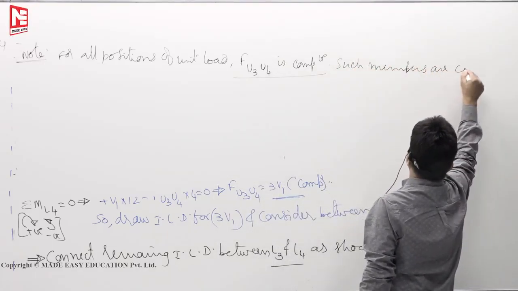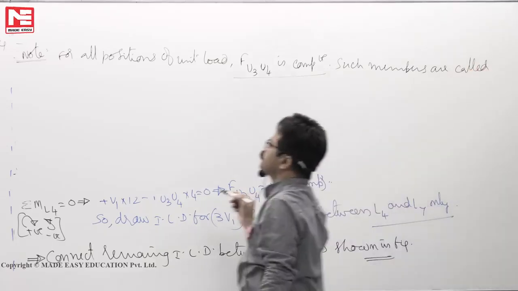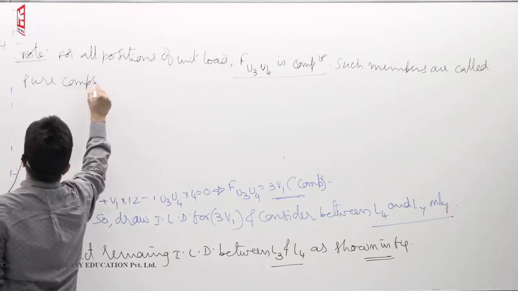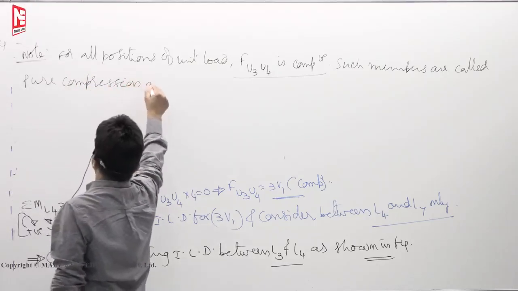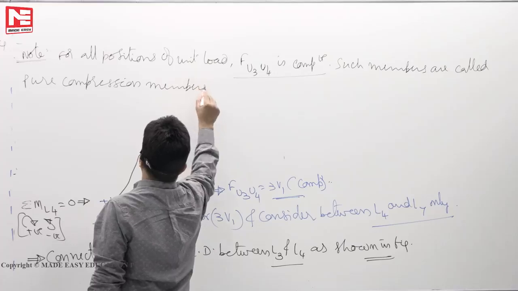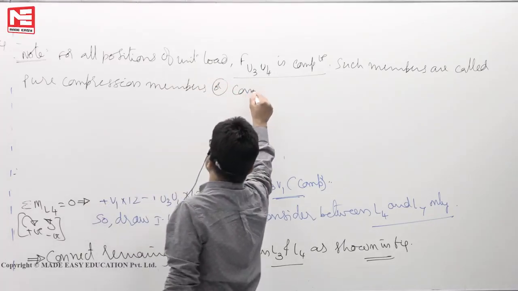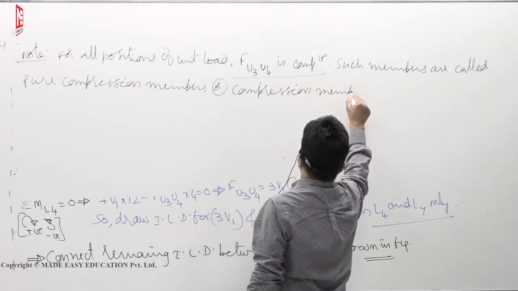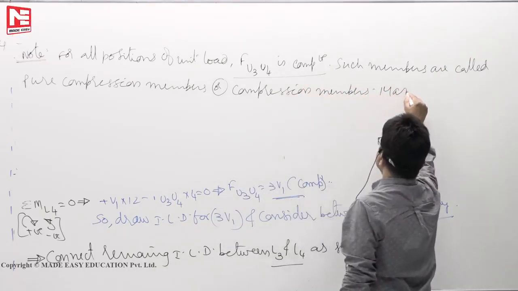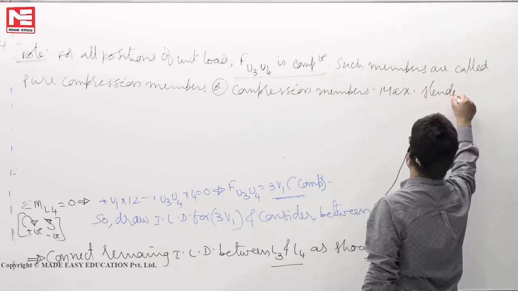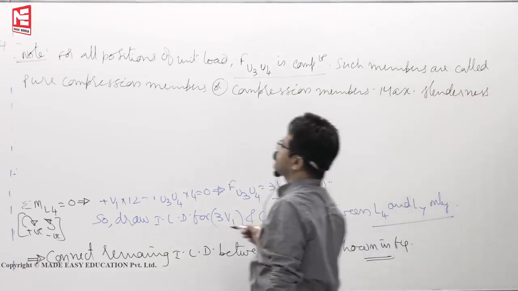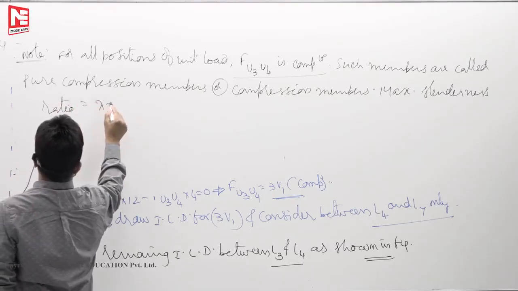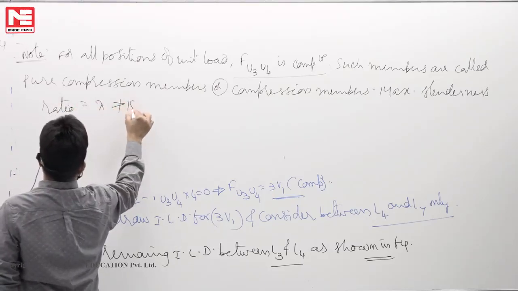Such members are called pure compression members, or simply compression members. Maximum slenderness ratio should never exceed 180